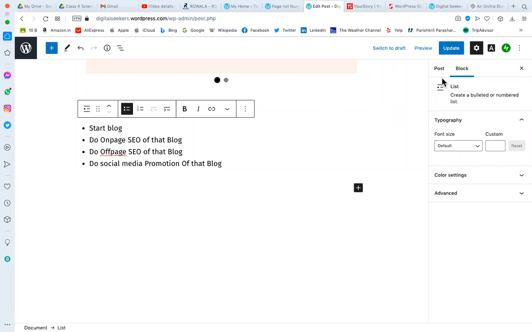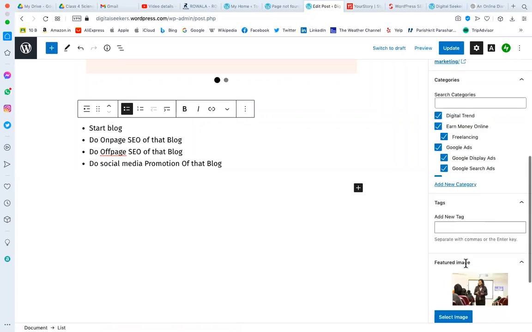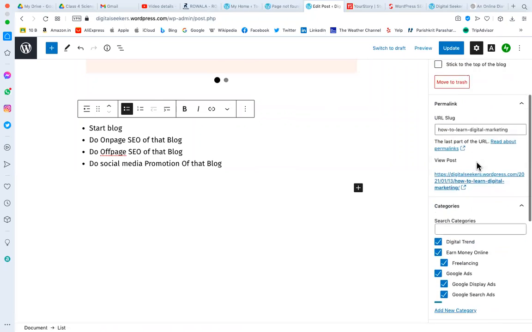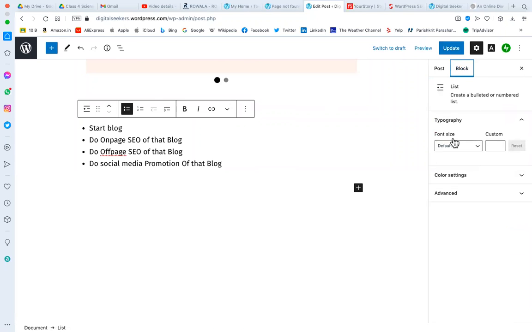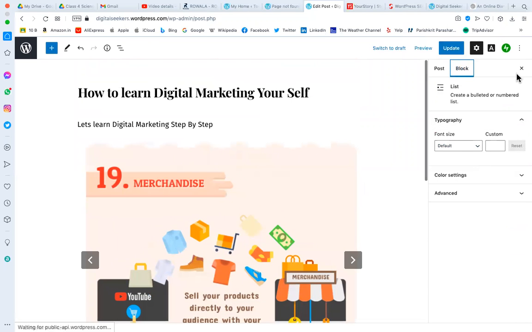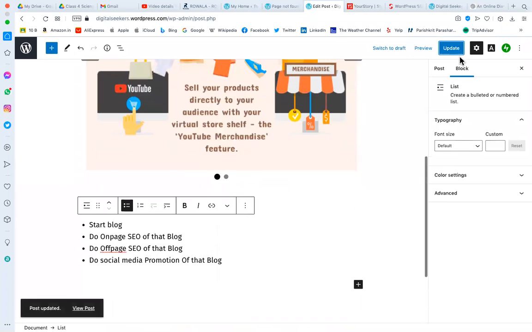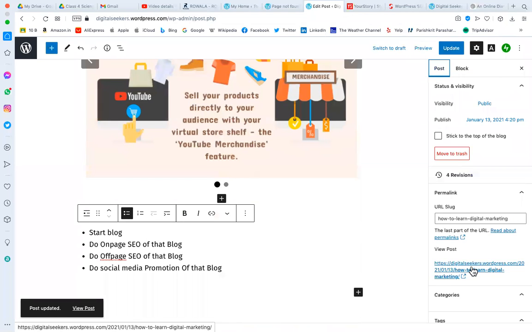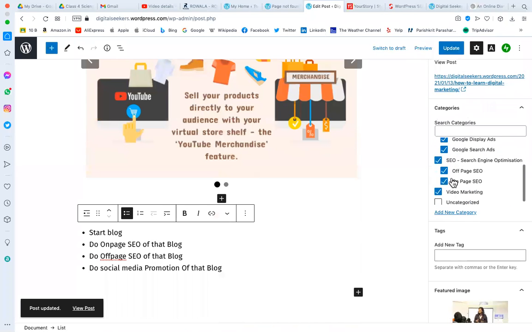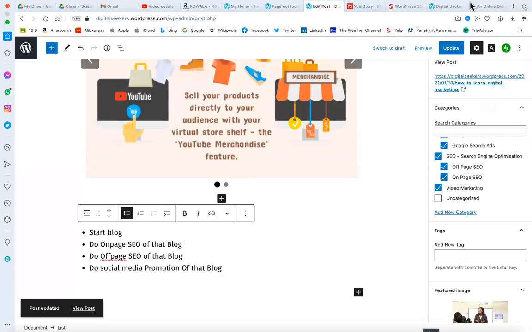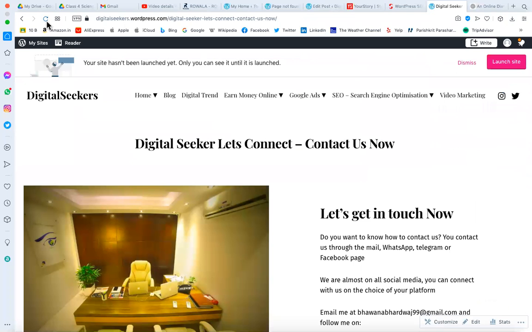So now you understand, this is the blog setting where you can do all the settings that appear on the entire blog, and you can also do the settings of a particular block. After doing everything, you can click on update. Within that post, I have selected all the categories, so now this category can appear anywhere. You can go and see your page, how it's appearing.